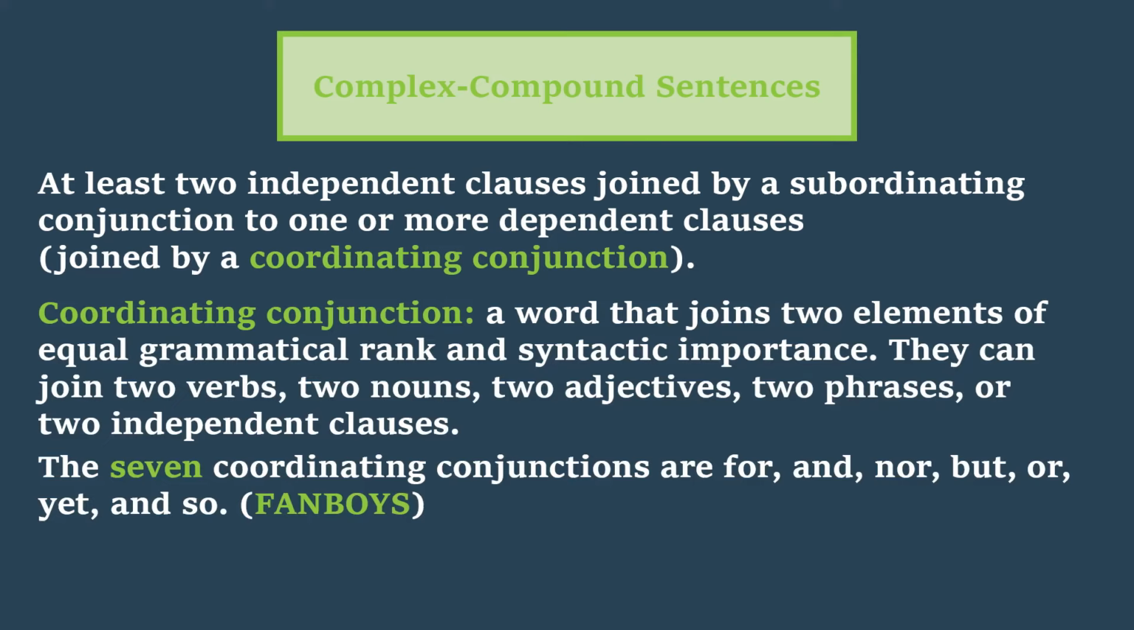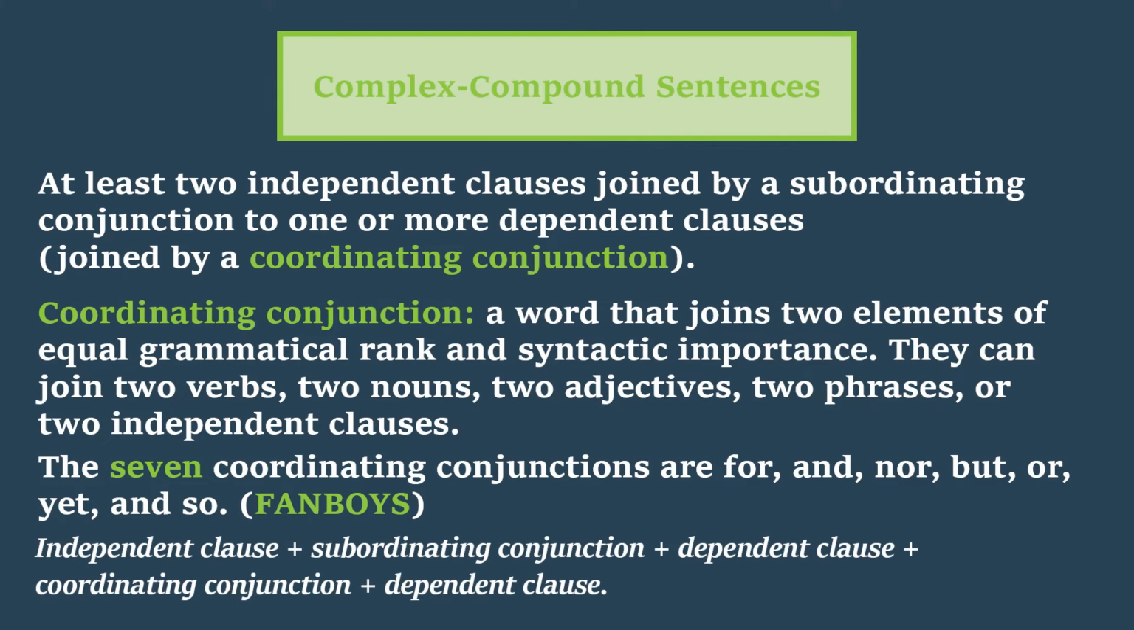So at the end of the day, a complex compound sentence may look something like this: an independent clause plus a subordinating conjunction plus a dependent clause plus the coordinating conjunction plus a dependent clause. Again, if this is confusing to you, that makes sense. It was very confusing to me too when I was doing research for this video, but I would really suggest